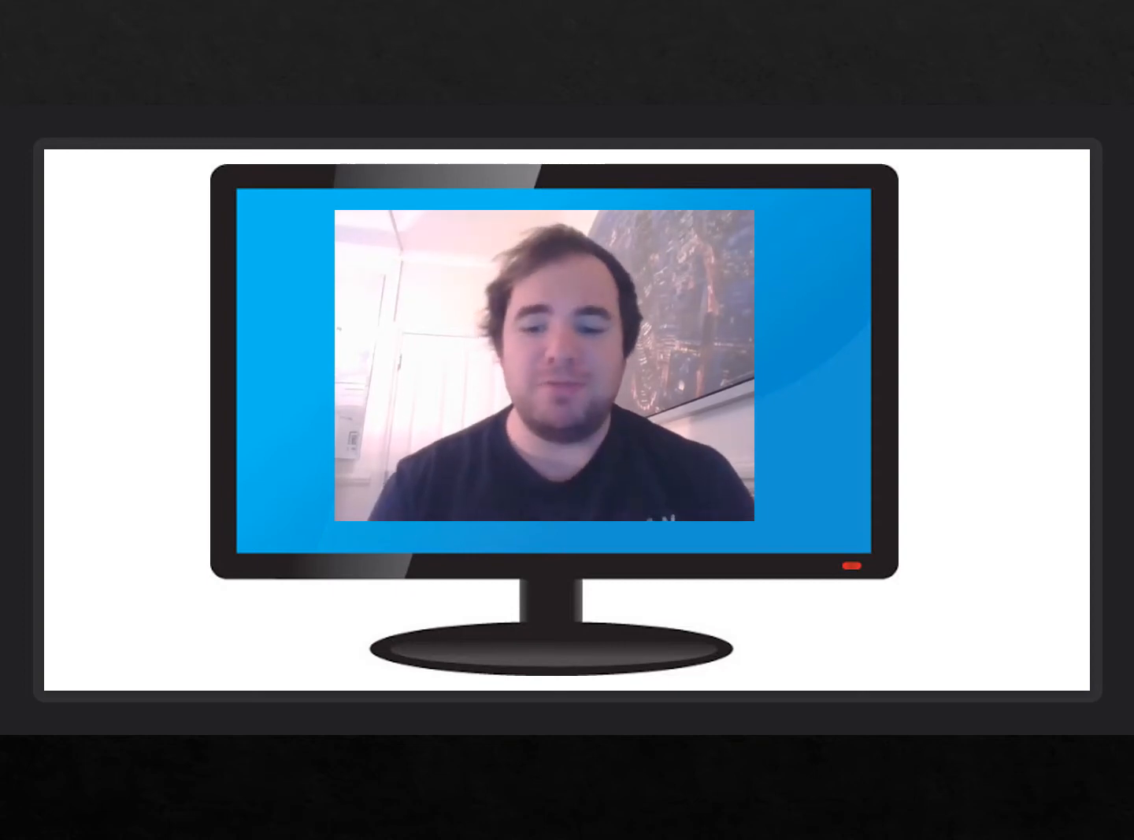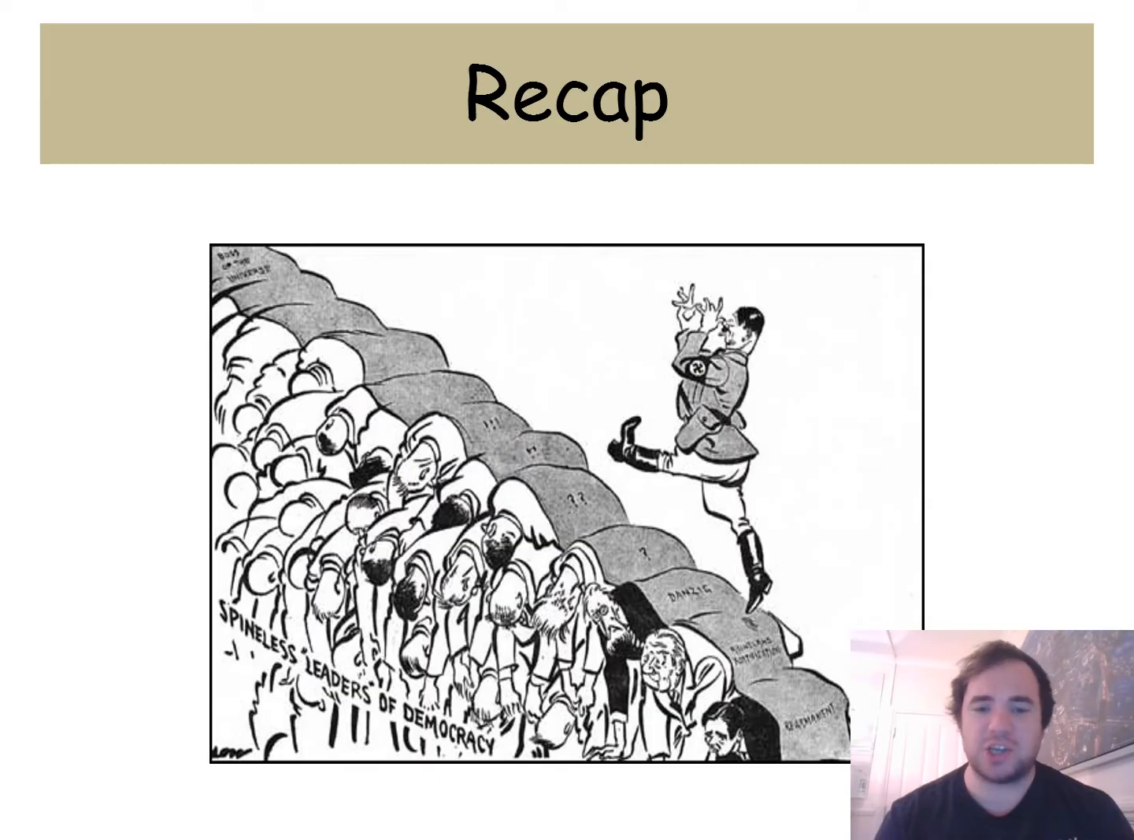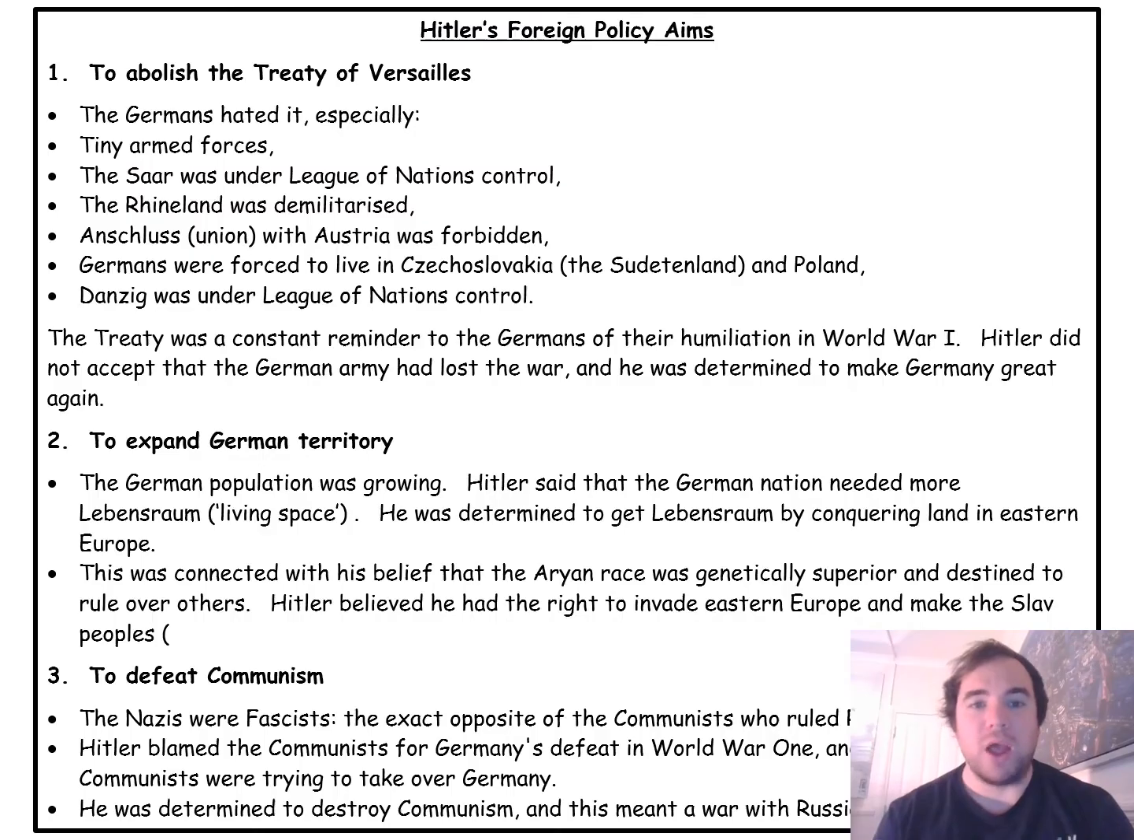So before we get cracking, let's just do a bit of recapping on this source, which shows Hitler dancing past the so-called spineless leaders of democracy. And we're thinking about how this really contributed to war. So if we remember his aims, Hitler wanted to abolish the Treaty of Versailles. This would bring up some conflict, even if the Western powers, particularly Britain and France, were somewhat sympathetic to Germany,